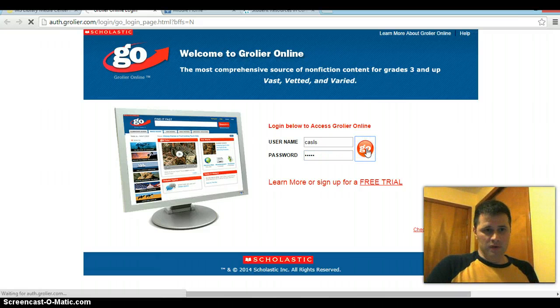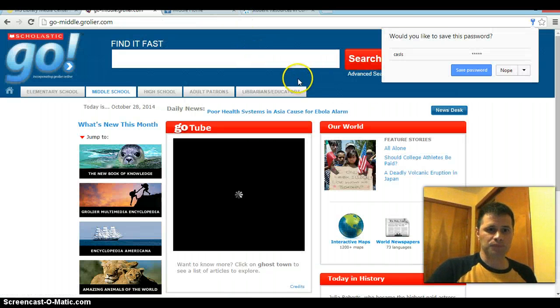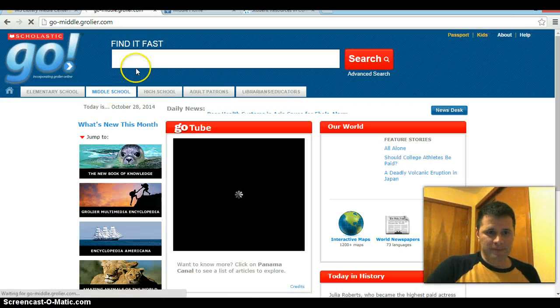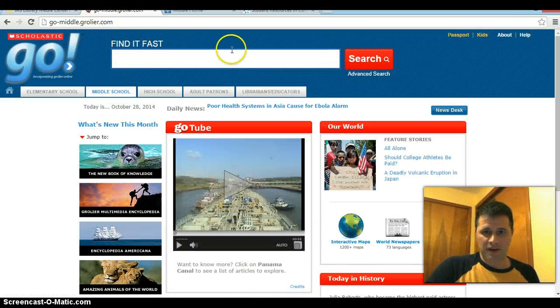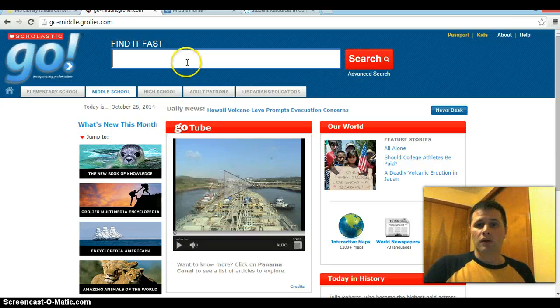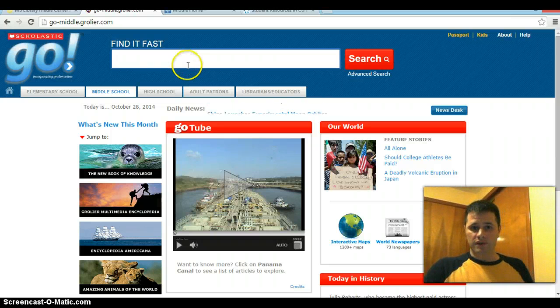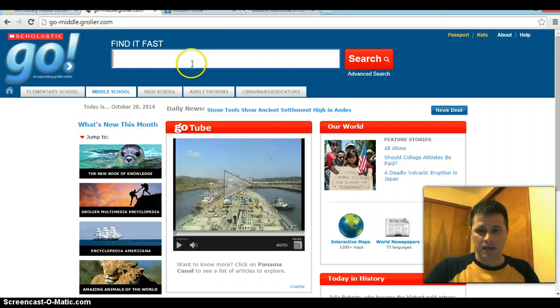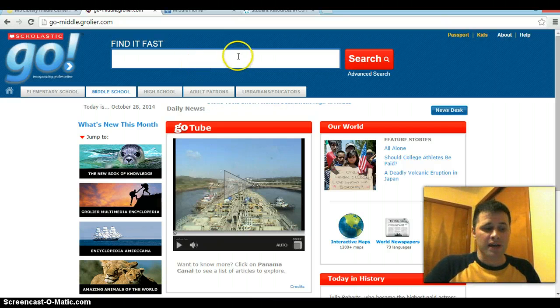When you type those things in, you click go, and in a moment it will hopefully open up. You're going to want to make sure that you're on the middle school tab, so you click middle school, and then up here where it says find it fast is where you would type in your choice of navigational technology. And again, just like the other resources, you're going to have to look at several different articles to find the